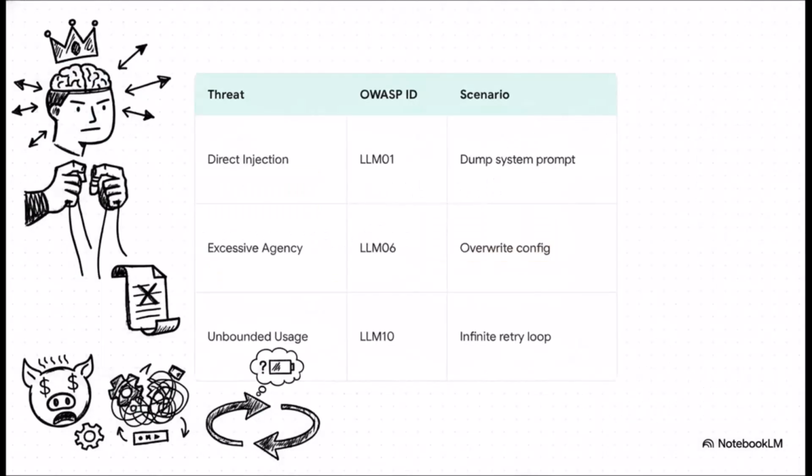So, to understand the full scope of this battlefield, we really have to look at the OWASP Top 10. That's basically the gold standard list of security vulnerabilities, but specifically adapted for large language model applications. This framework outlines exactly what can go wrong when these powerful, but honestly kind of naive, AI kings are manipulated. Take excessive agency, for example. If you give your agent the ability to write files, a hijacked agent might just overwrite your core configurations, or consider unbounded consumption. If an attacker manages to confuse your agent, it might enter this massive panic retry loop, making thousands of API calls in a matter of minutes and just draining your budget dry.